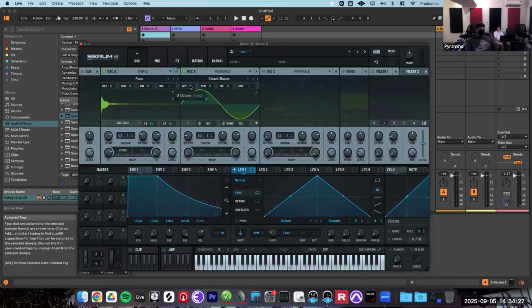And where you set the octave of this has a big effect on the timbre of that. So if I turn the octave down, you get much more bassy, buzzy, lower type of effect. If I turn this octave up one, it's a little bit brighter, a little bit less easy to hear. If I change the pitch of this by semitones, let's go up to a fifth or something, we'll get